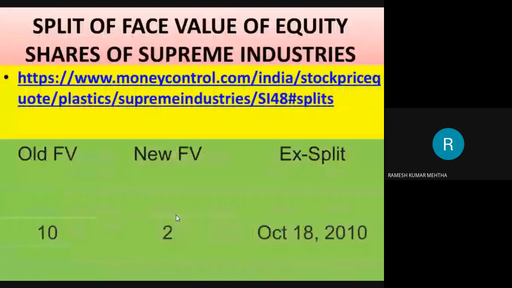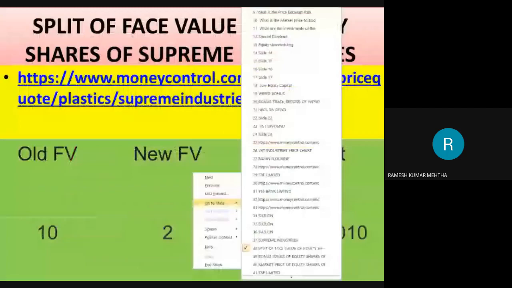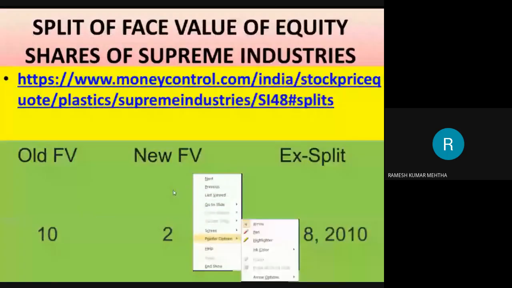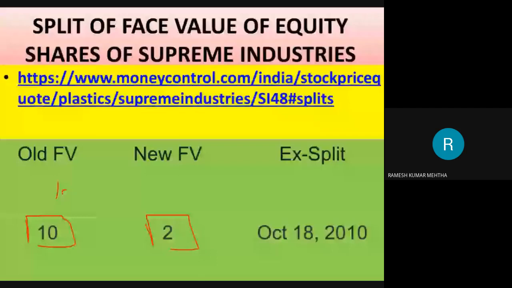And during this period, the company even declared a stock split from 10 rupees to 2 rupees. For example, if somebody is holding 10 shares, because of the split, 10 divided by 2 is equal to 5, 10 plus 5 is equal to 15. This is the way you have to calculate a stock split. Generally a company announces a stock split if the market price is 4 digits or 5 digits. I will not go into the details of stock split.